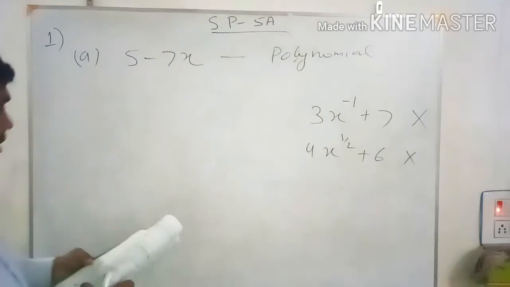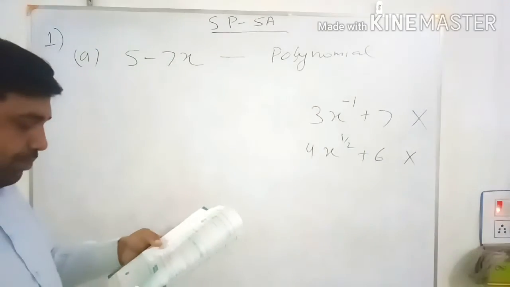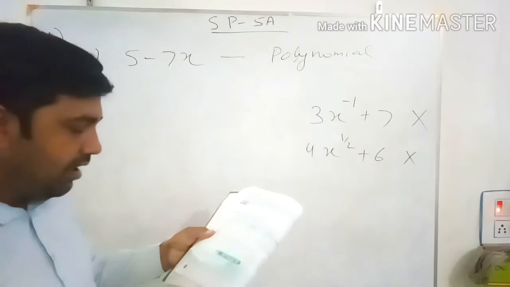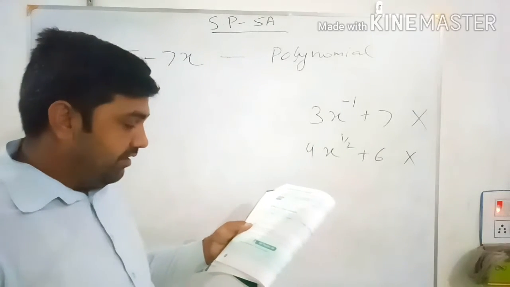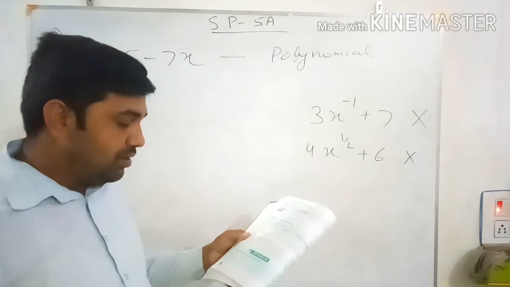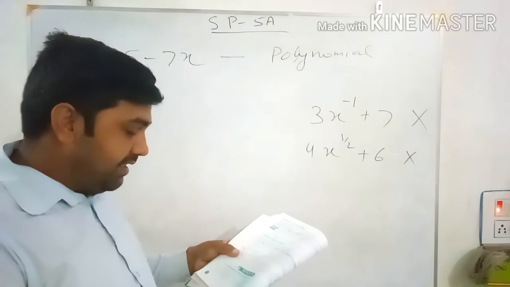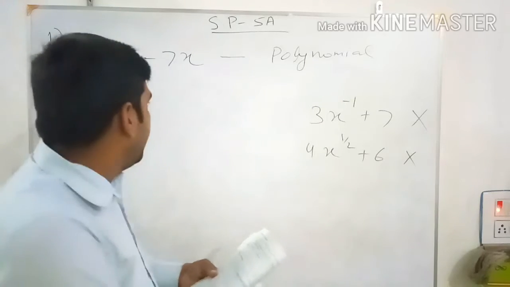So the first one is a polynomial. Second, y cube plus 16y square minus 11. This is also a polynomial because the degree of the variable is a positive integer. C, 2y square minus xy plus 5y minus 3, C is not a polynomial.